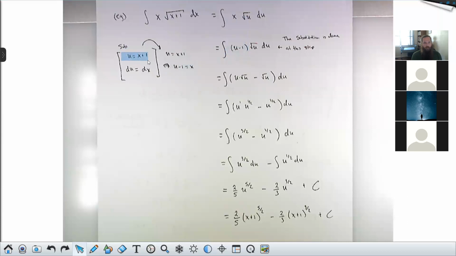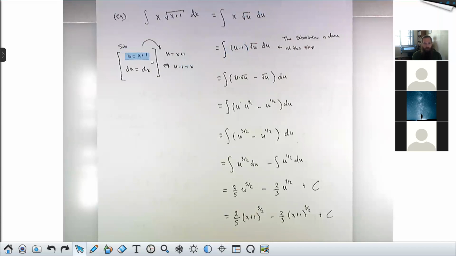Well, you're going to pick your substitution. So right away, you should put that in. Then you should put in your differential. And sometimes things will cancel, sometimes they won't. Sometimes they'll cancel partially, sometimes they'll cancel completely. But your first step after choosing your substitution and calculating your differential, changing bounds if you need to, is to